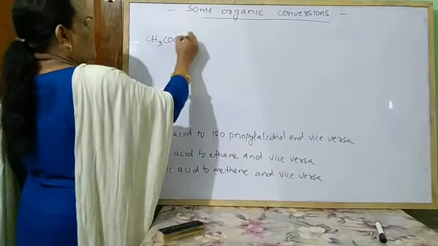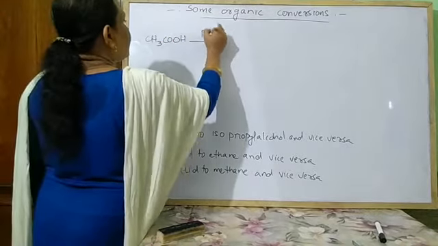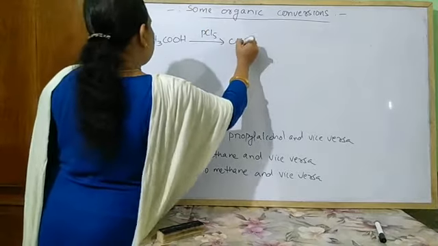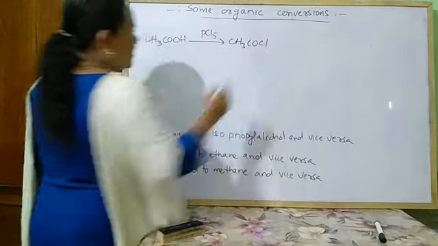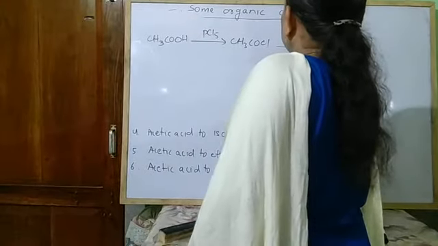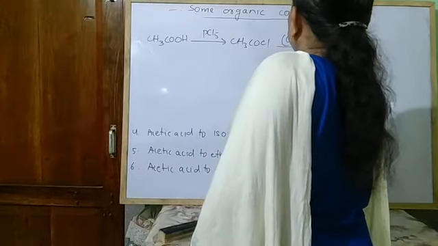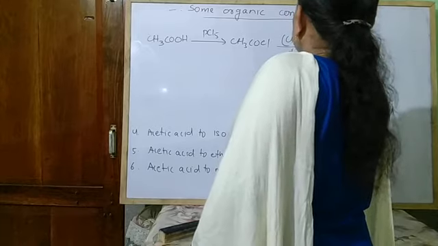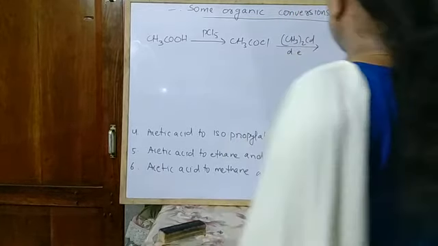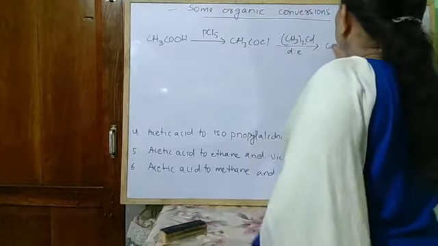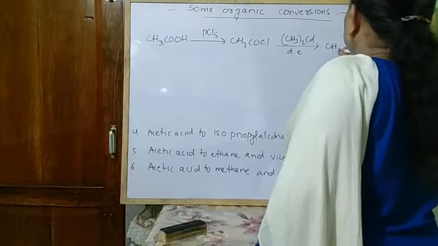Acetic acid, then PCl5, acid chloride, treated with dimethyl cadmium in presence of dry ether to form acetone,